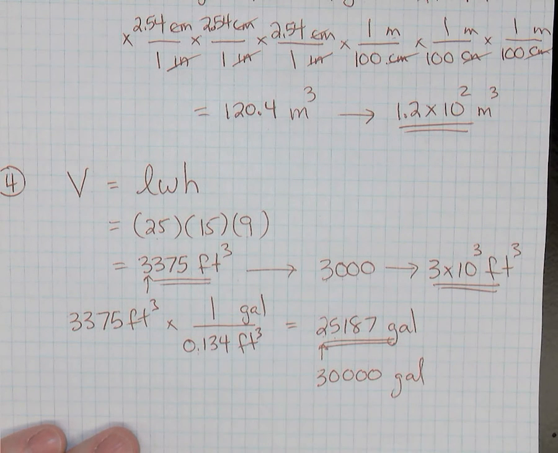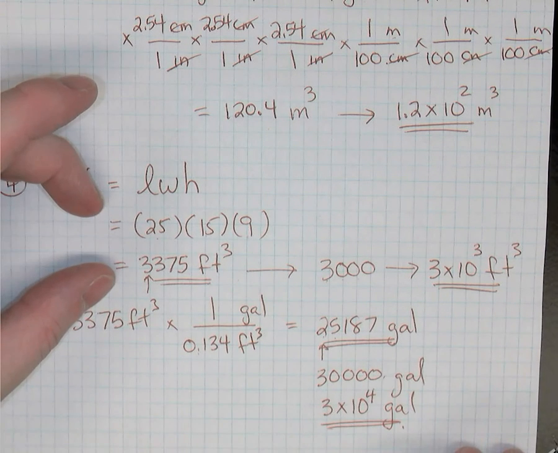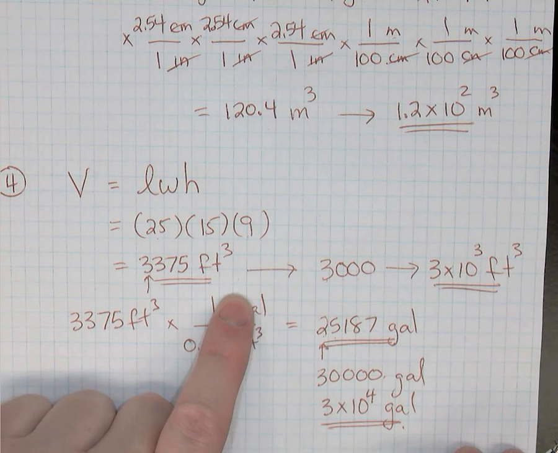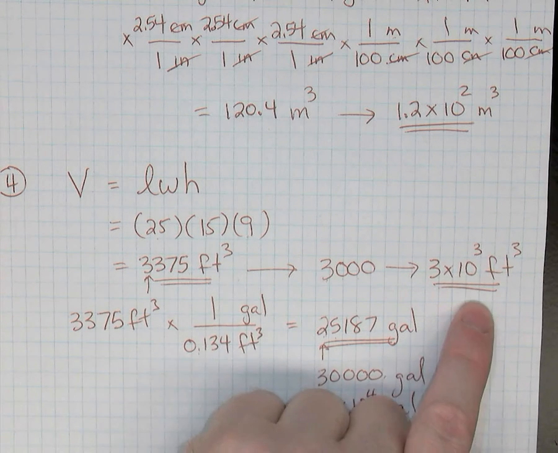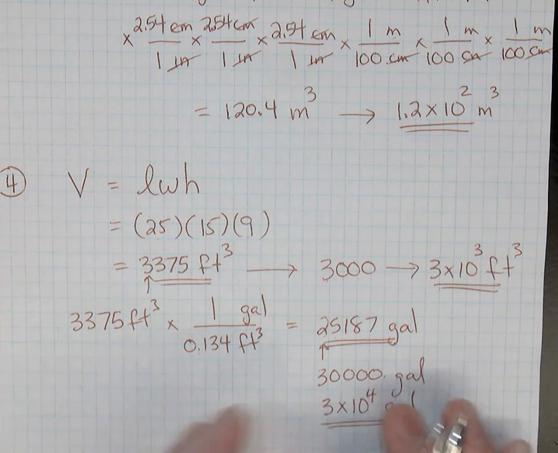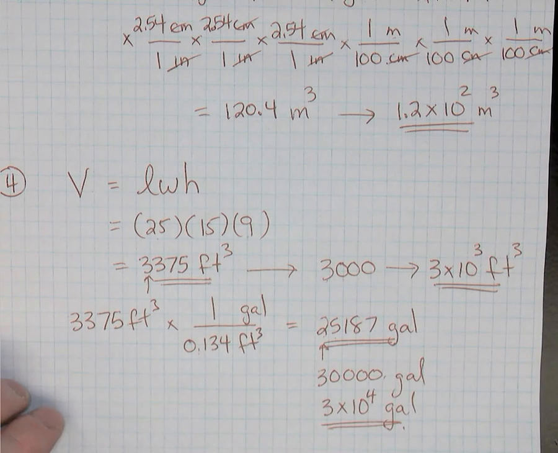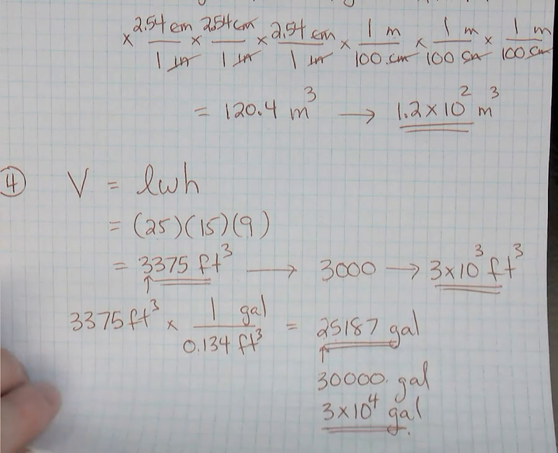And then to be extra clear, let's switch it to scientific notation. 3 times 10 to the power of 1, 2, 3, 4. 3 times 10 to the 4 gallons. All right, so we found the answer with a formula, putting our numbers in the formula, evaluating that with a calculator, rounding off that answer with the correct number of significant digits. When we converted to the units of gallons, I used the original answer and then rounded it off again at the end. All right, let's try another